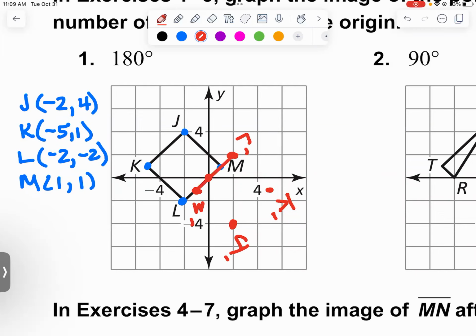Then I'm gonna turn my paper right side up. And now I can identify, oh, J prime is at